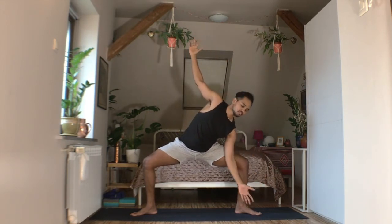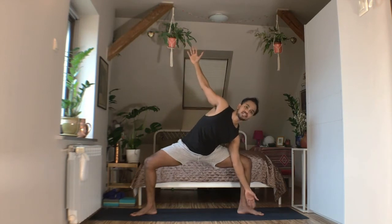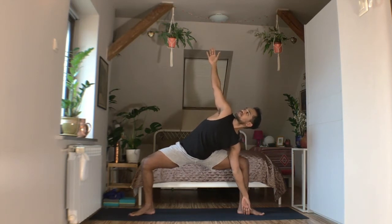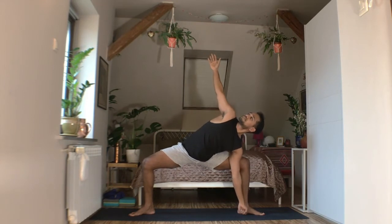Exhale. Release your left palm towards the left foot. So you can press the back of the hand against the shin. Maybe rest the palm on the foot or fingertips to the floor. Reach your right hand up. Look up. Hold it for one, two,